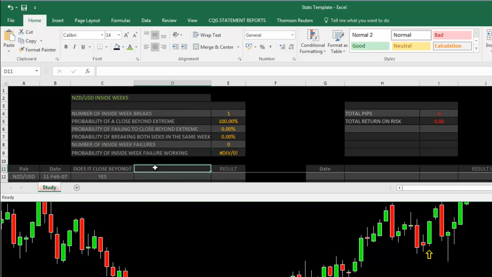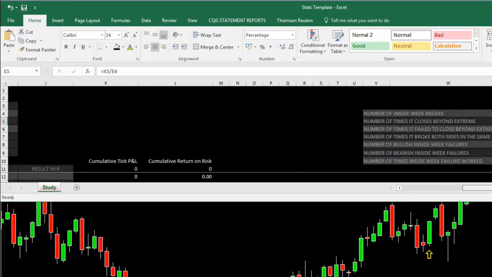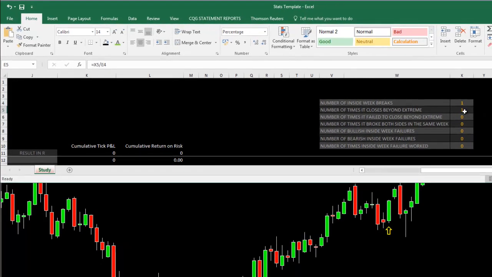As I did that, you'll see that this jumped to 100%. The probability of a close beyond the extreme is 100%. And the reason for that is there is a cell over to the right that is registering the number of times it closes beyond the extreme. And if I click on that cell, what it's doing is it's counting it